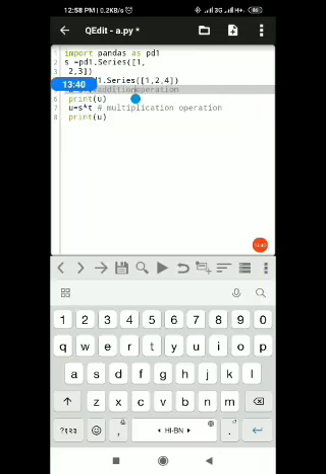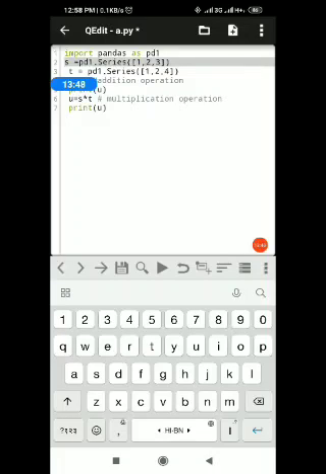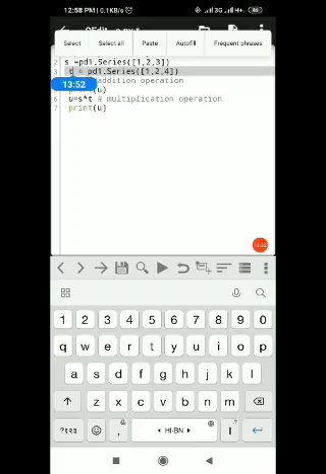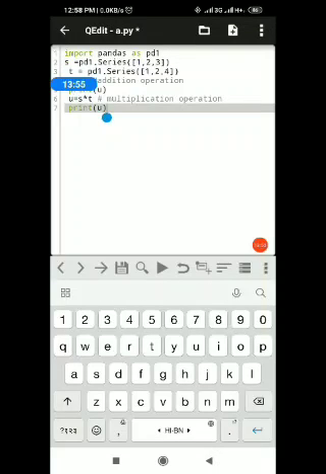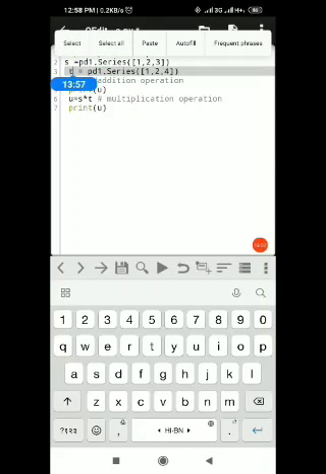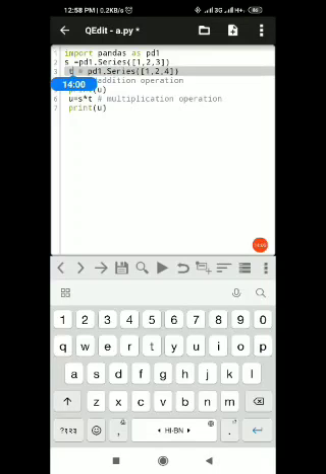Okay, let me see whether I can do it properly or not. The T operation here I cannot give properly because T's indentation is not correct. Now it is all okay. Let me see if it will run or not.